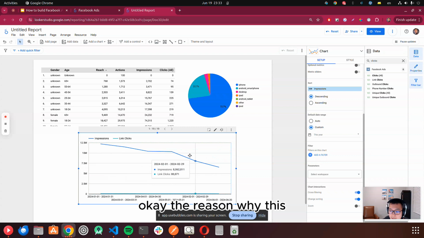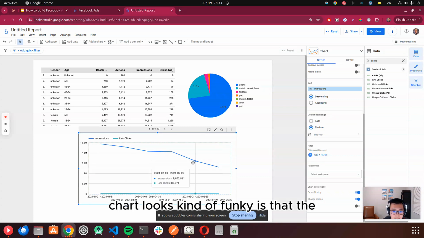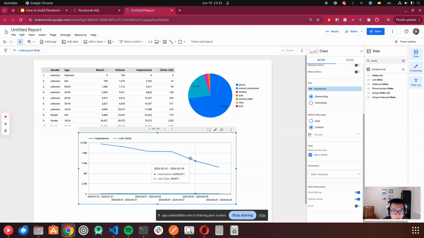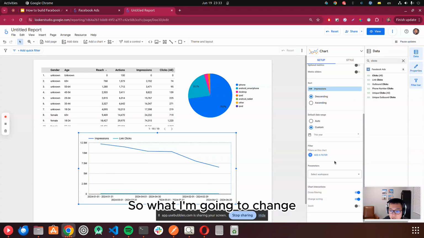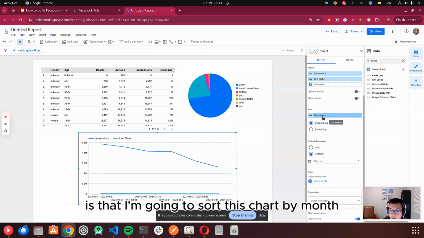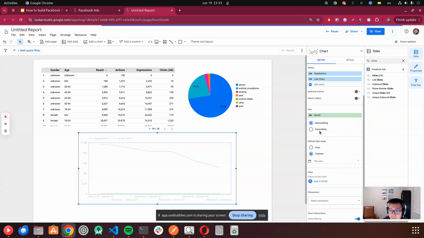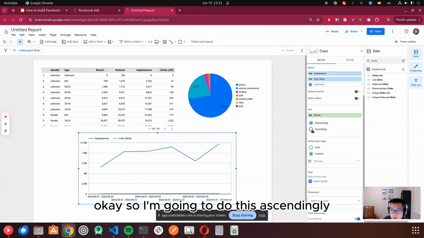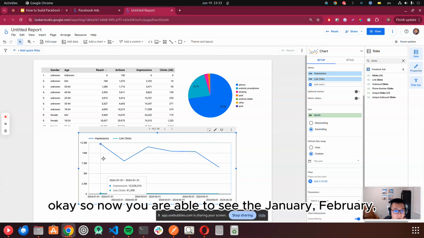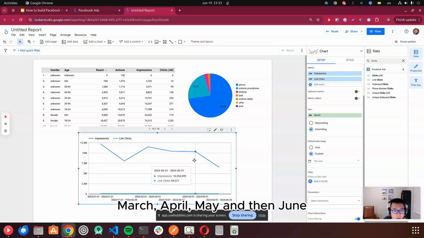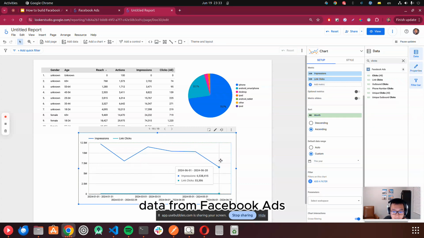Okay, the reason why this chart looks kind of funky is that the February data is put in the middle instead of put right after January. So what I'm going to change is that I'm going to sort this chart by month. Okay, so I'm going to do this ascendingly. Okay, so now you are able to see the January, February, March, April, May, and then June data from Facebook